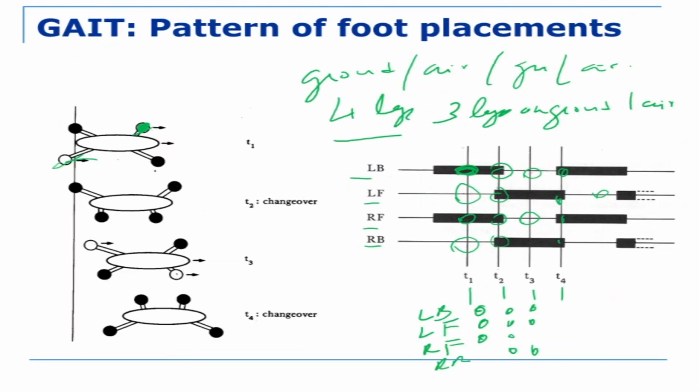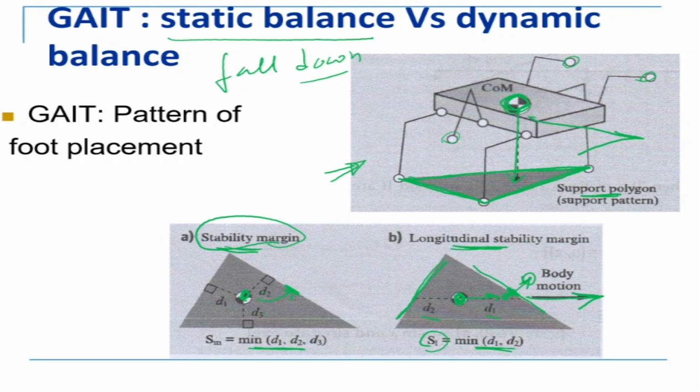Now, as I discussed in the last slide, if we have four legs, there are different ways by which you can walk, which basically means you can have three legs on the ground, only one leg goes up and the body goes up. Now if you have six legs, you have even more. You can have three legs on the ground, or four legs on the ground with two legs going up. You can have five legs on the ground, only one leg going up. So there are all variations which are possible if you have four legs, six legs, eight legs. And this pattern of foot placement is basically called gait. How fast it can walk and how stable it is would depend on which gait it is taking.